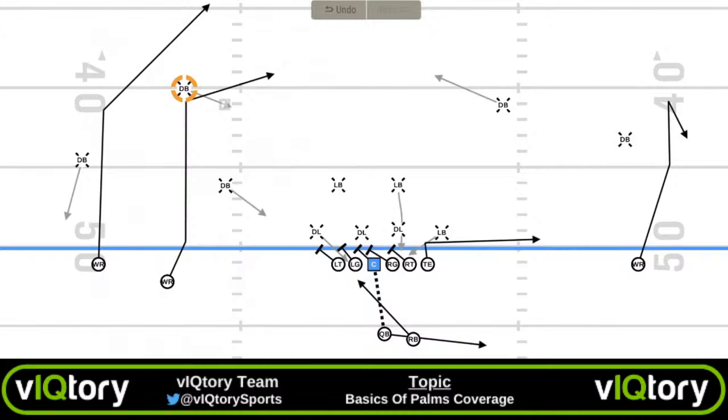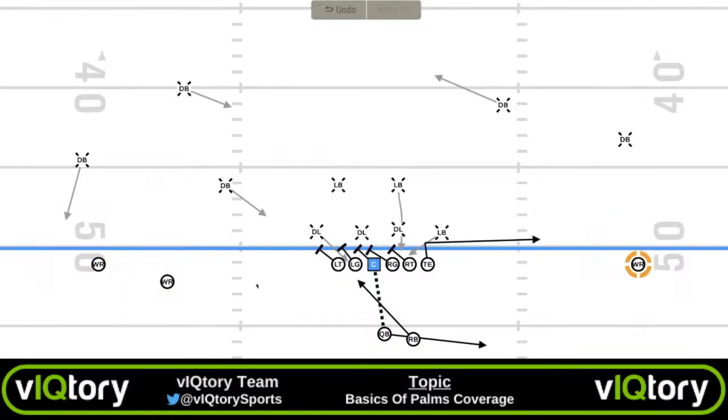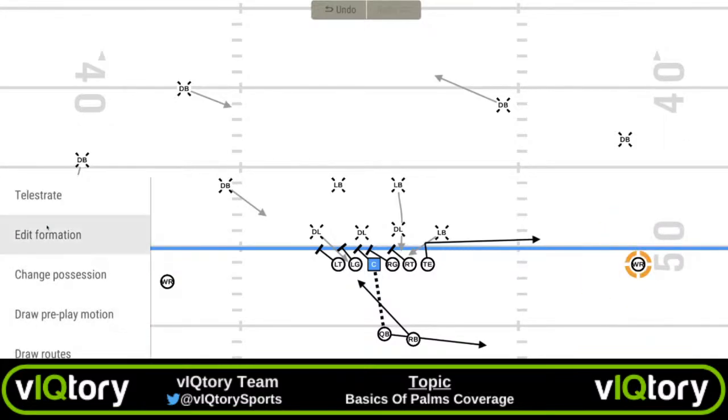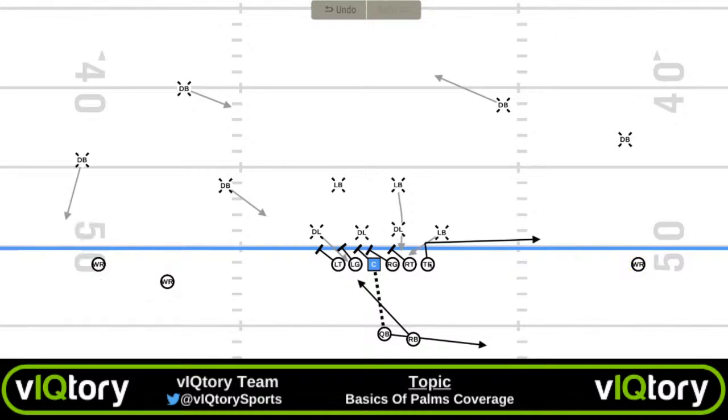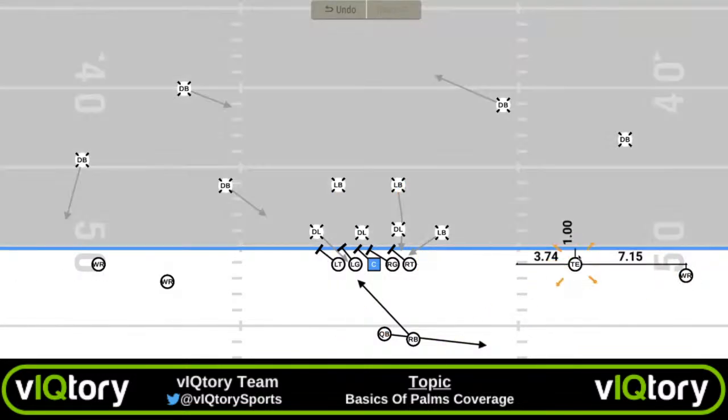Good. All right. Last thing I want to talk about before we get into the film with some of this stuff. One way, and this is kind of going into an overall thought process, not just the concept itself, is using stack alignments and some short motion from an outside receiver to take advantage of this. So when they are trying to read 2-1,